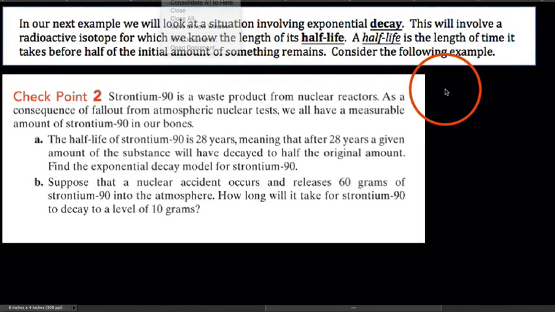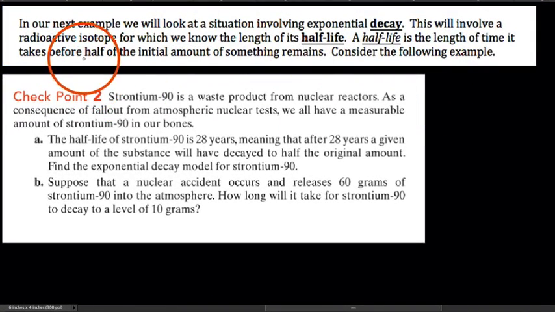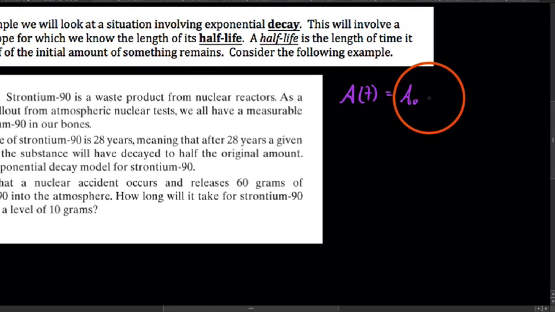Okay, YouTube, in this video we're going to look at an example of exponential decay. In our last video we looked at general exponential growth and decay models, and what we mentioned was they come in this package here where we have some amount at a given time, and I actually want to write it that way. Amount at a given time is equal to the initial amount e to the rate times time,